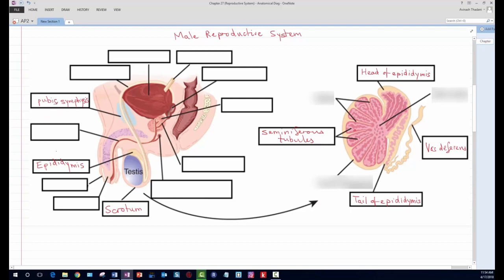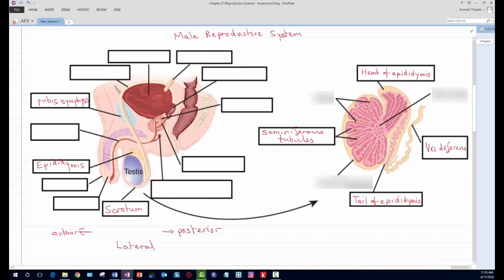Pubis symphysis, and hence this is anterior, and that's posterior. I guess we should have written down the view. This is naturally a lateral view of the male reproductive system. So seminiferous tubules in the testes, then the